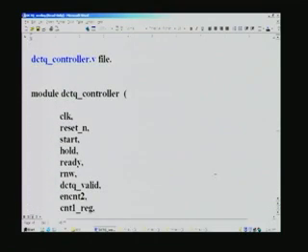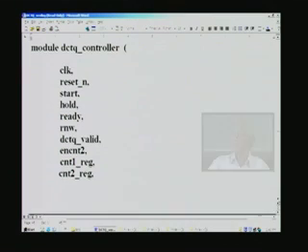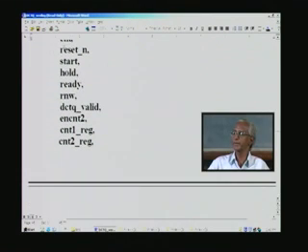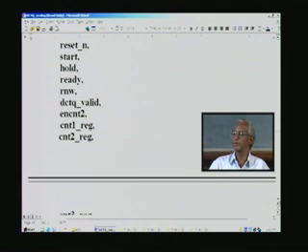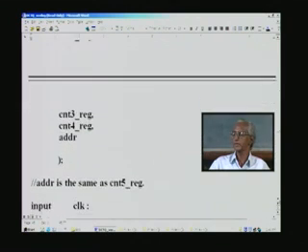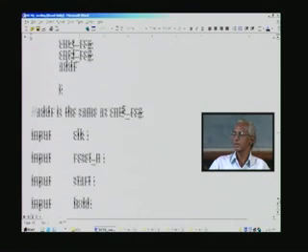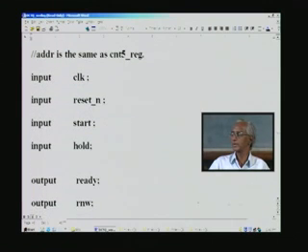And next is the DCT-Q controller, and so these signals are listed here. We actually have different inputs: reset, start, hold, ready, and these are all the outputs. R and W is to switch from one RAM to another inside a dual RAM, and when DCT-Q valid is to be given, all that is covered here, all the counters. Also the address for the DCT-Q coefficient, and the address is the same as counter 5, and we list here, declare all the inputs as well as the outputs,